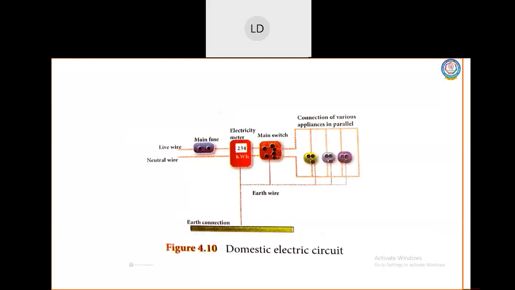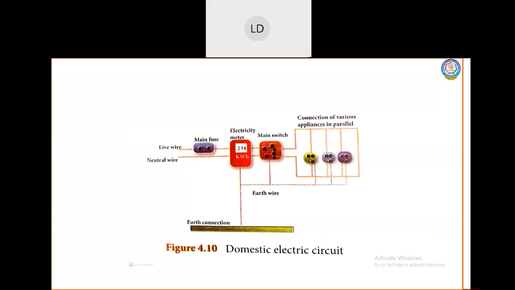So the electricity that is produced in power stations is distributed to all the domestic and industrial consumers through cables. Overhead cables or underground cables are used to distribute it